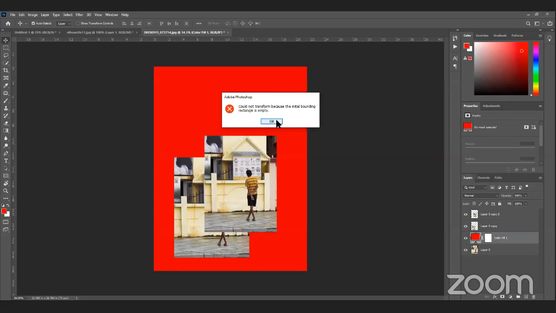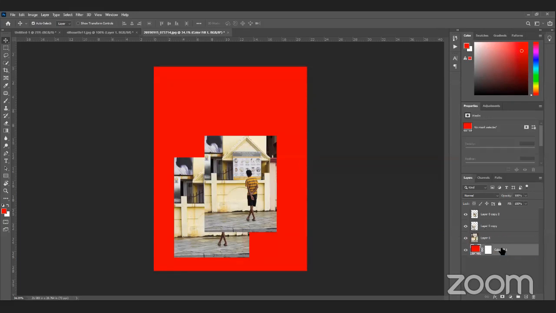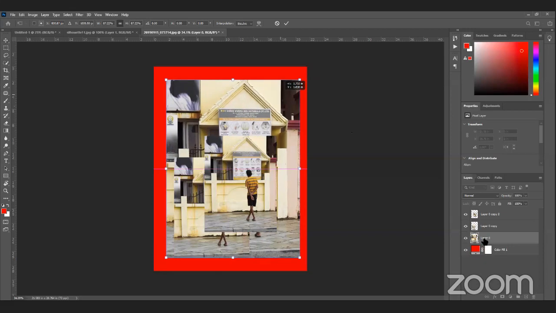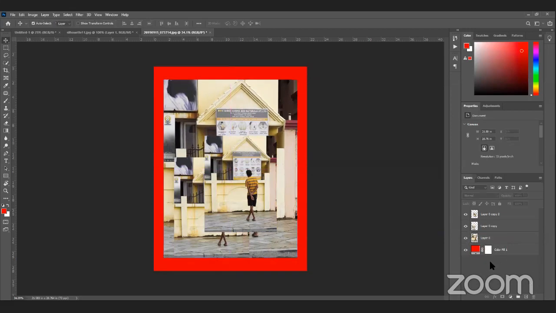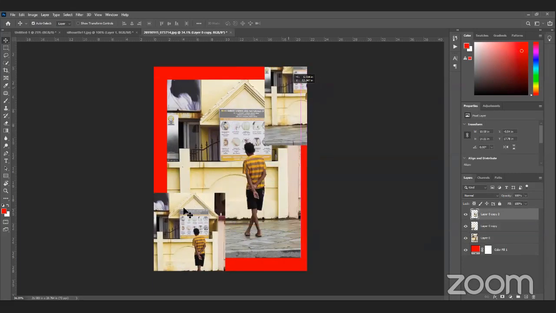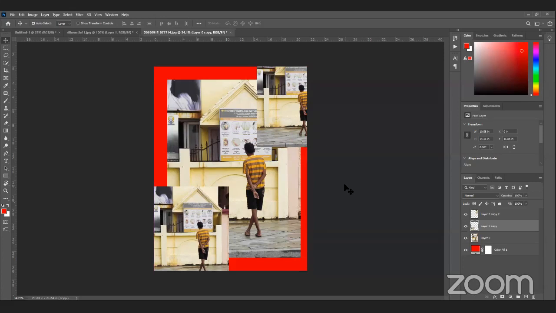because this is a different kind of layer. So we can move it to the bottom of our stack, and we can decrease the size of our layer 0. You can see that now I can see all my layers.